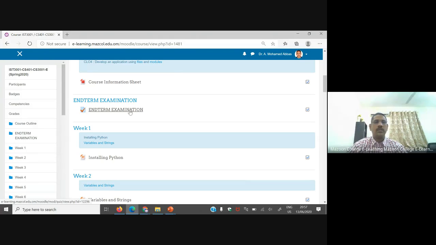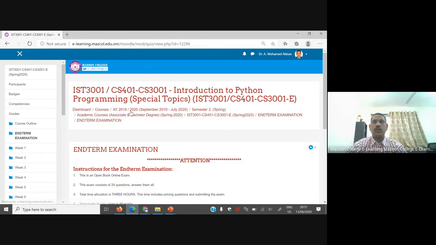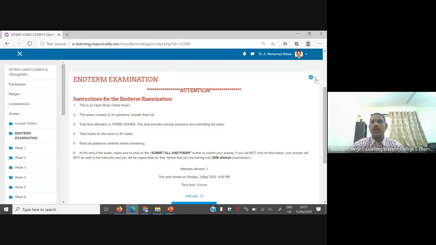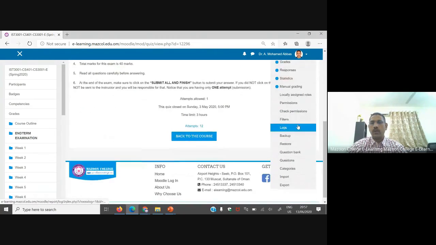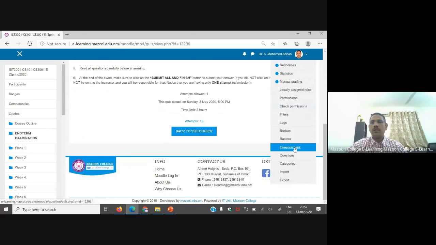I choose this interim examination. Go to the interim examination and you will find the gear symbol. Click the gear symbol and go down; you will see the question bank and the export operation. Either you can click the question bank or export.